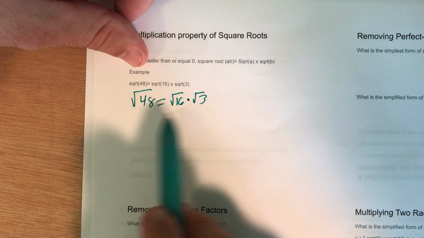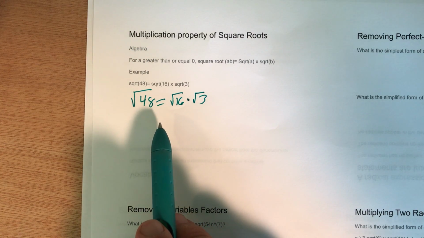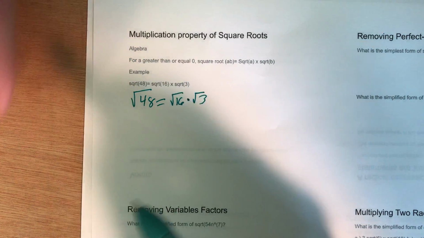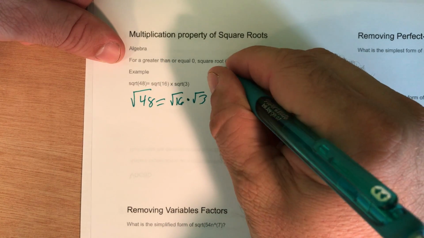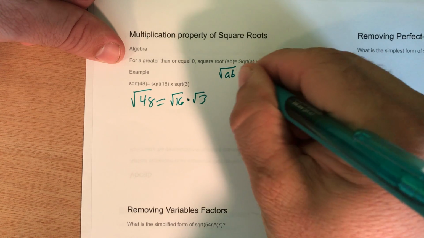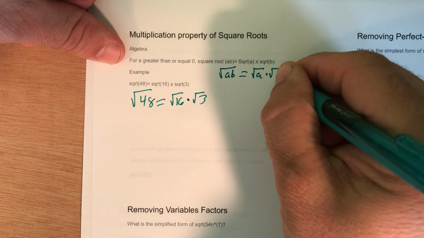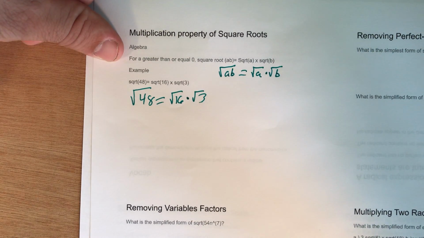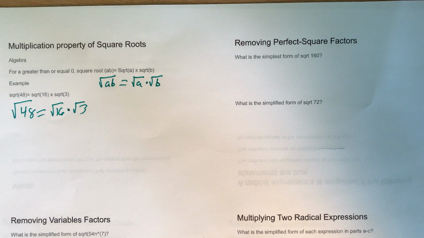We broke them apart. That's what we were working with when we were trying to simplify square roots. So we're basically doing the same thing here and proving it. So this would have been the square root of AB equals the square root of A times the square root of B. Okay? So, what is the simplest form of the square root of